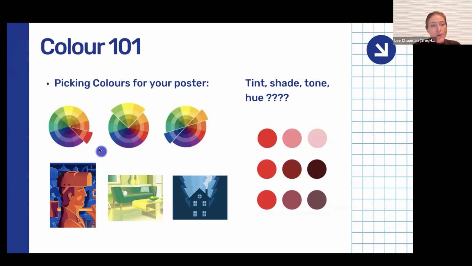We have monochromatic. So here's the color wheel. A monochromatic color palette would be picking one color and then using different shades and tints of that color. So here we have red. When I say tint, shade, tone, hue, these words are thrown around a lot, and often meant as the same thing. However, they are